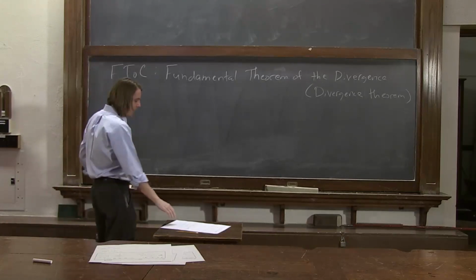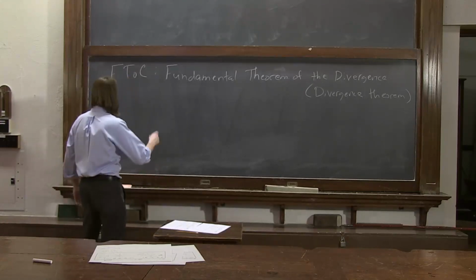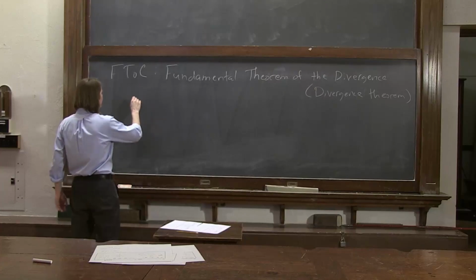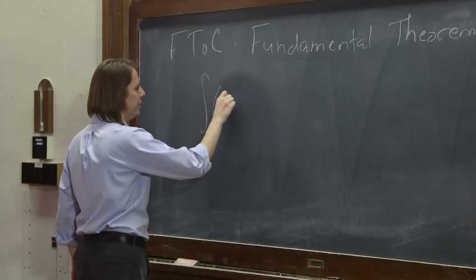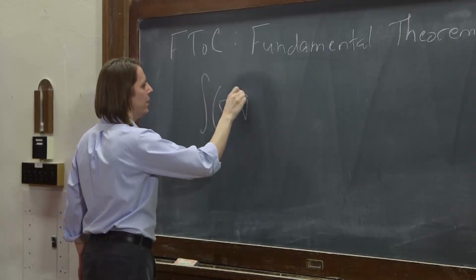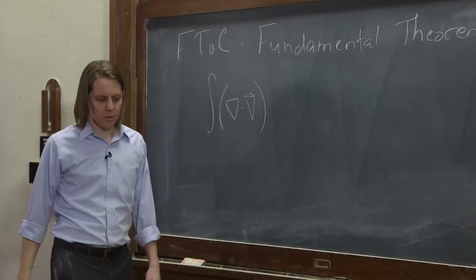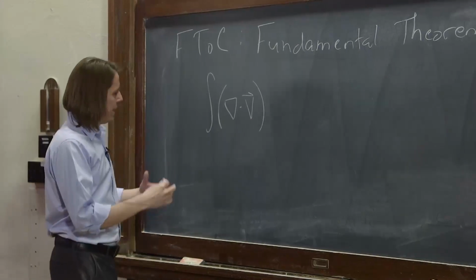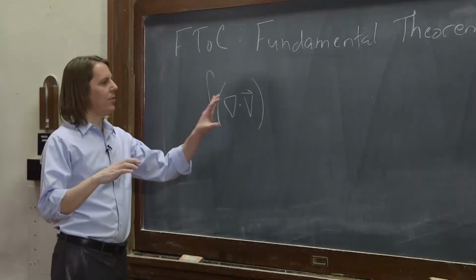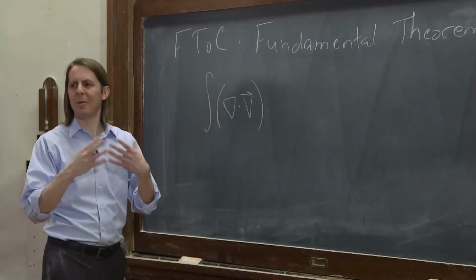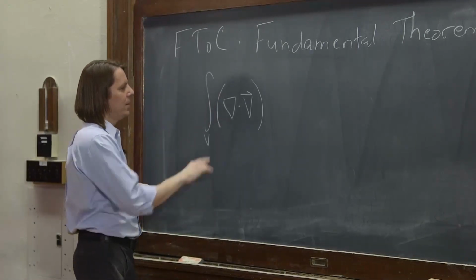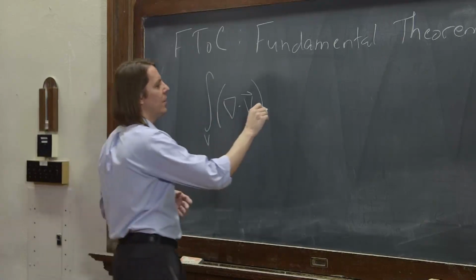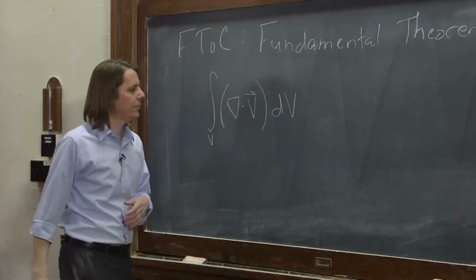The sum of a derivative in a region, or the integral of a derivative in a region. So let's see. We're going to take the integral of our derivative, del dotted with v, that's our divergence. And it's a scalar, so it's something you have to fill a volume. We have to think about a volume for this one. So the region, in this case, is a volume integral. So this scalar, del dot v, times just dV, doing a volume integral,